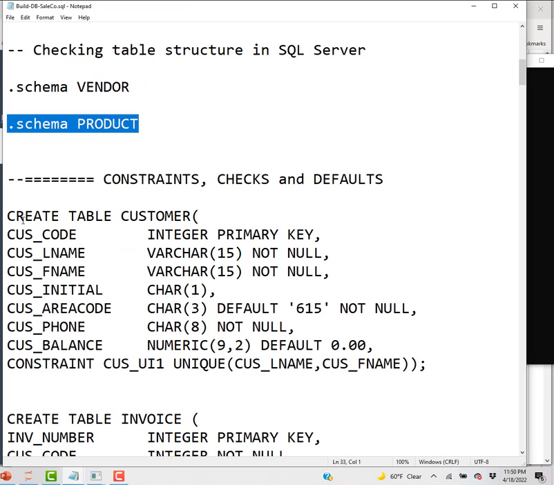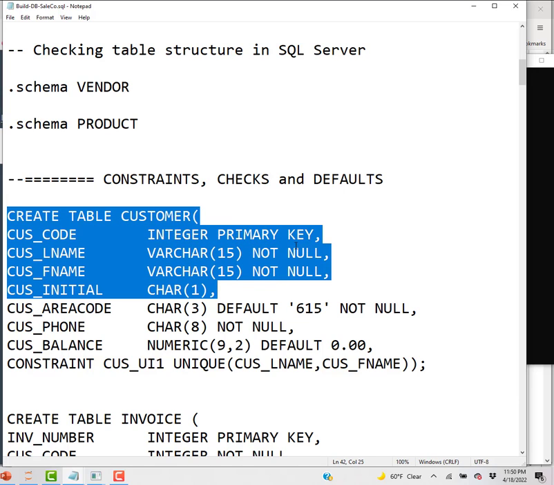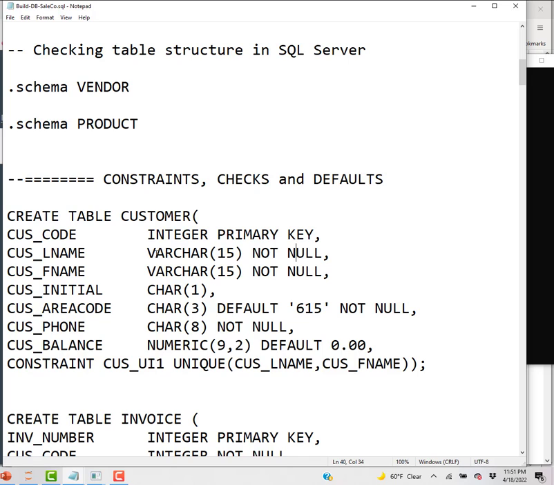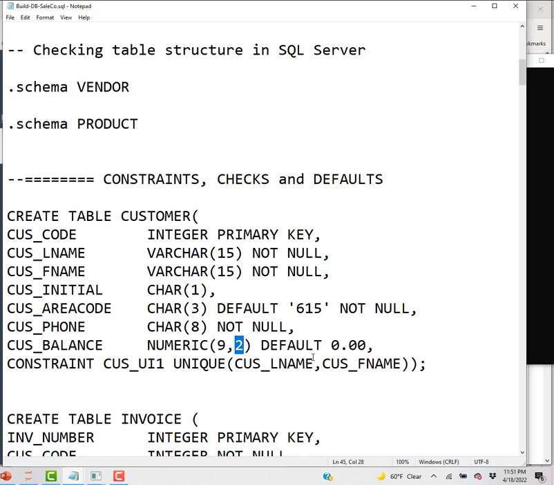So let's create one more thing, the create table customer. The customer code is integer primary key, and customer last name is 15 characters maximum, not null. First name is 15 characters maximum, not null. Customer initial is 1 character. Customer area code is again 3 characters. Default is 615, not null. So if we don't give anything, the default value will be 615. Customer phone number is 8 characters, not null,